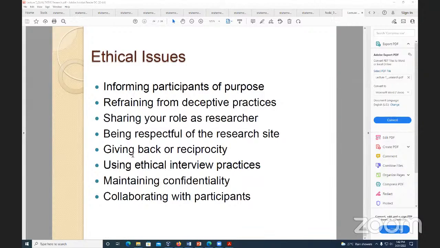You should always use good interviewing practices, and maintain confidentiality by telling nobody about what happened in the observations, interviews, focus groups, data, any other kind of data collection, or documents. None of that should be shared outside of the study. You should never record the people's names. It should always be like person X or something.